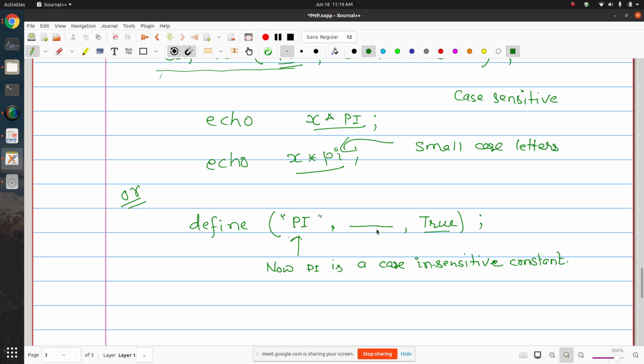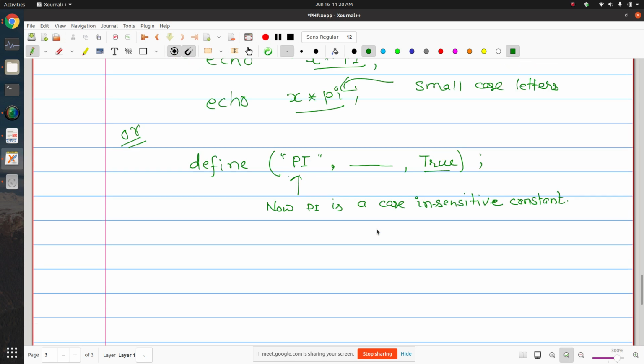Now I don't think I should repeat why we need to define a constant. Can any of you tell me why we need to define constants? Why can we not define a variable named pi? We can also achieve the same thing with a variable defined with this name. If you need, you can define a variable pi and initialize it with the value of pi.